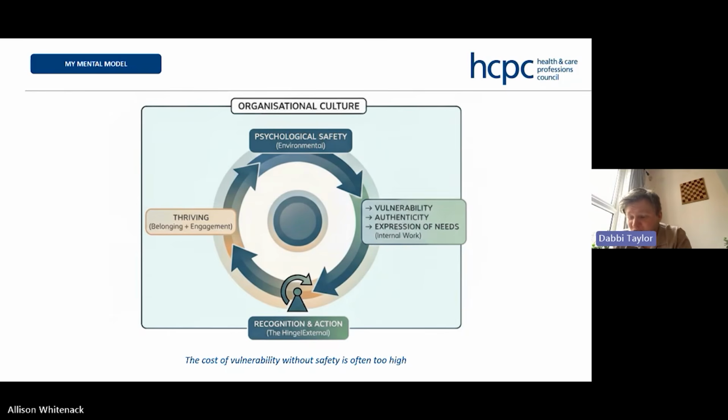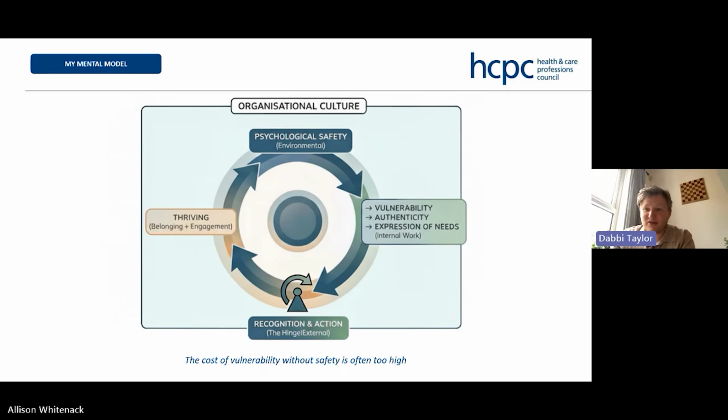So I've made recognition and action the key to meaningful participation, or what I'm calling thriving, being made possible. I understand recognition as when something that's been shared is heard, it's been acknowledged, and something actually changes because of it. And that change can be as small as being met with acceptance, rather than challenge or scrutiny, which is a daily reality for a lot of us. So when recognition is reliable, what we start to see is sustained participation. But when it isn't, I think that's when disclosure starts to feel a bit costly. I believe that's when we start to see more disengagement from our services.